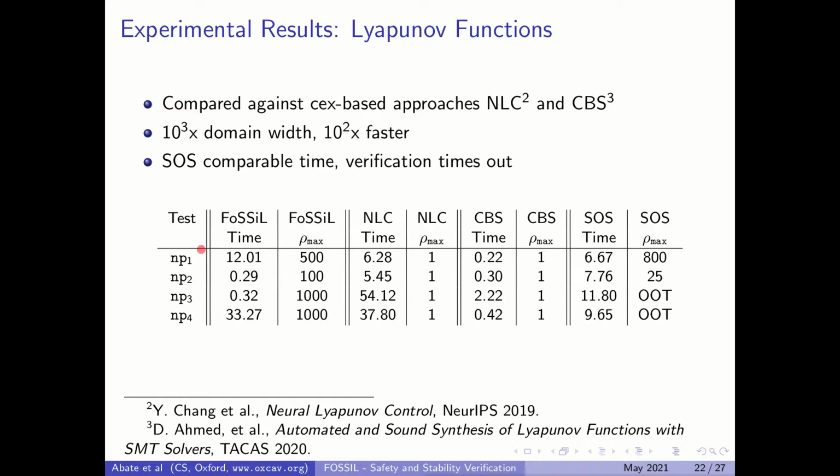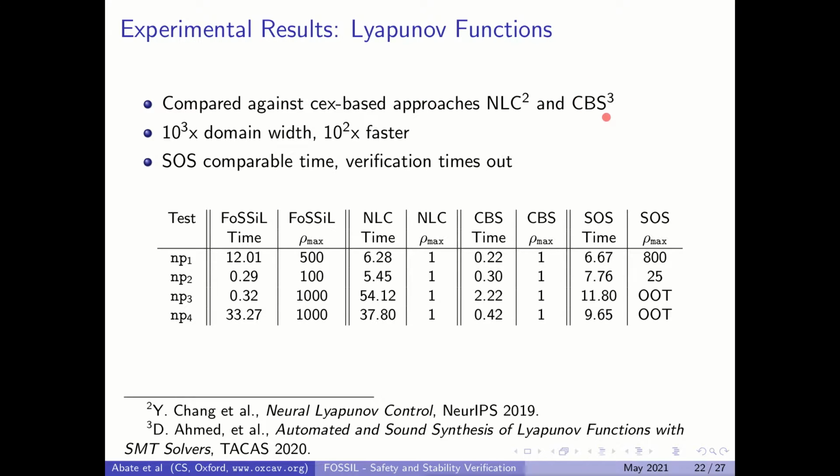This table involves 4 different dynamical systems, each of which admit a non-polynomial global Lyapunov function. Of course, we're considering verification over some bounded domain, so instead we try to synthesize a Lyapunov function over some bounded domain defined by a hypersphere of radius rho, and consider that the larger the domain is, the better we're doing. We present here in the table the maximum rho, the maximum radius that we could achieve for the tools we were comparing against. For instance, we compare against 2 other counterexample-based tools,